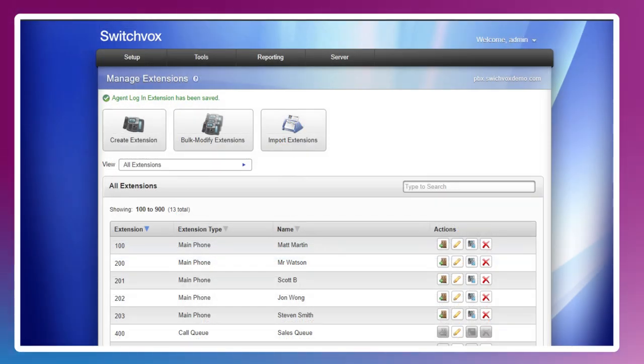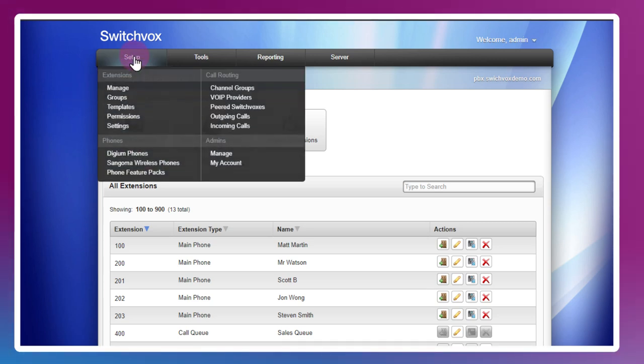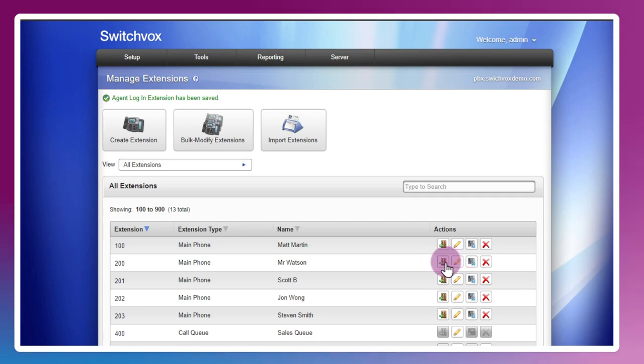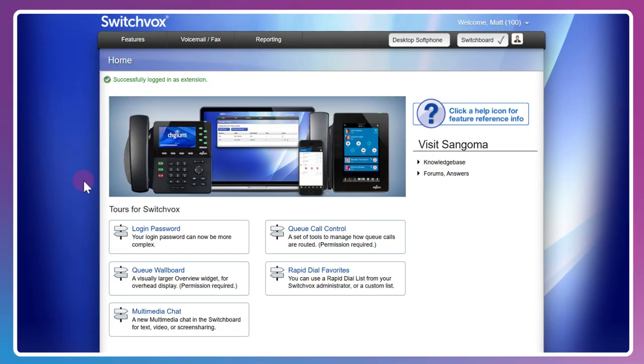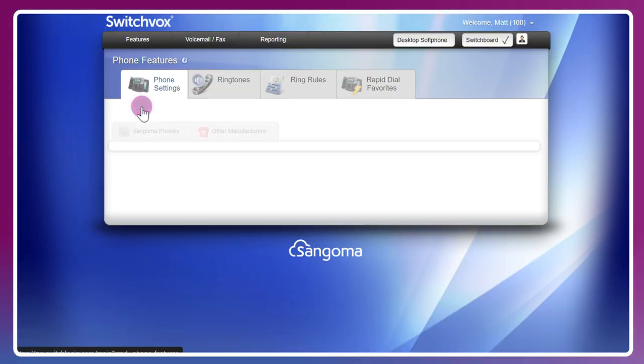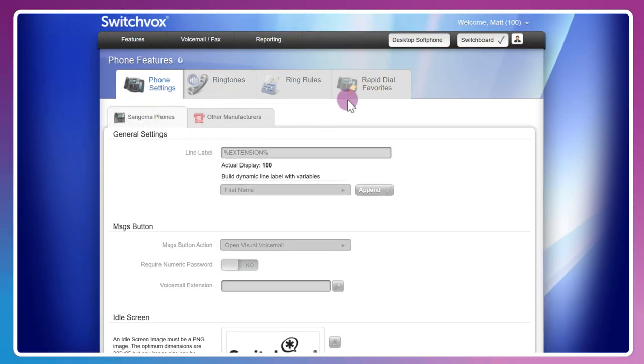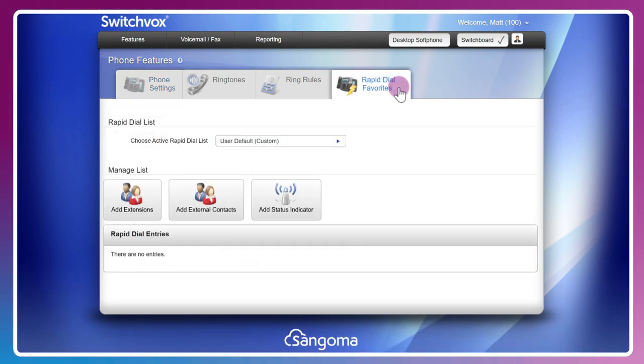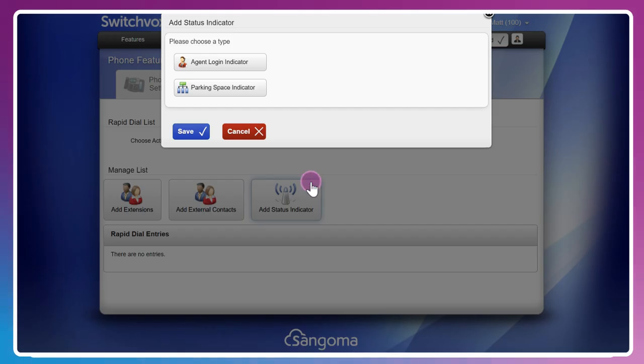Now, there are a couple of other ways to log in and out of queues. If we log in as a user under extension management, for example, you can head over to Features, Phone Features, and Rapid Dial Favorites. We see Add Status Indicator. We're going to choose Agent Login Indicator.